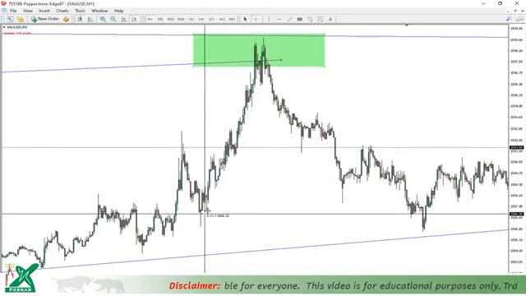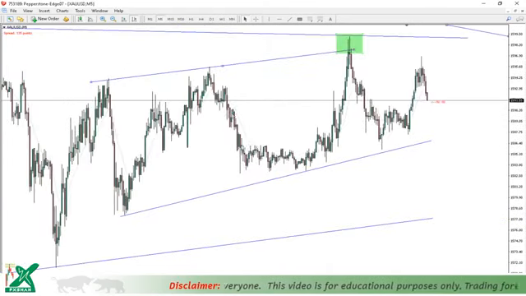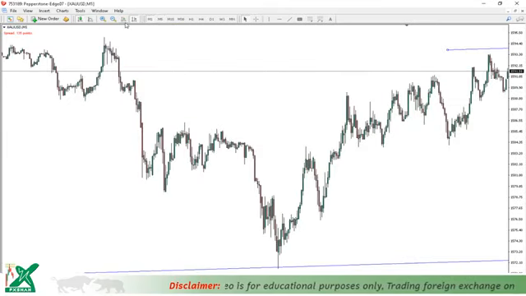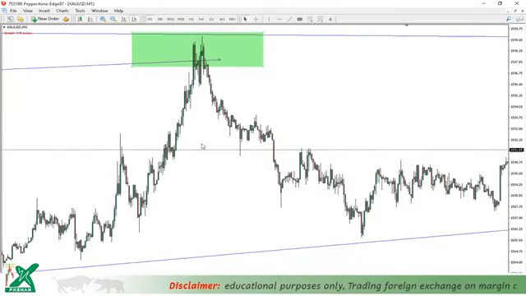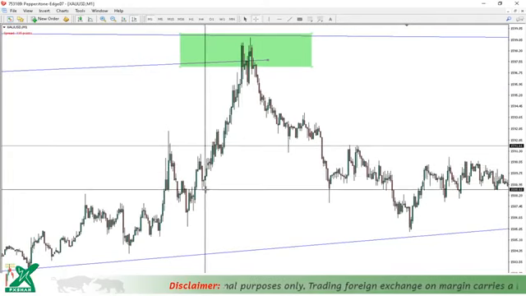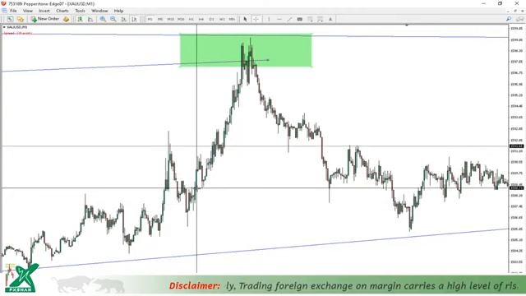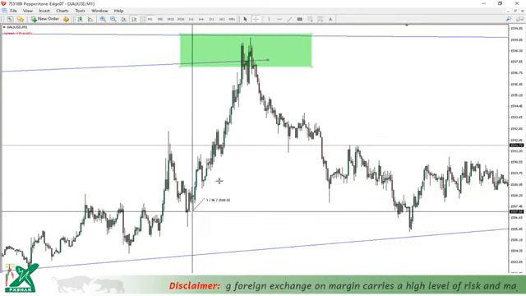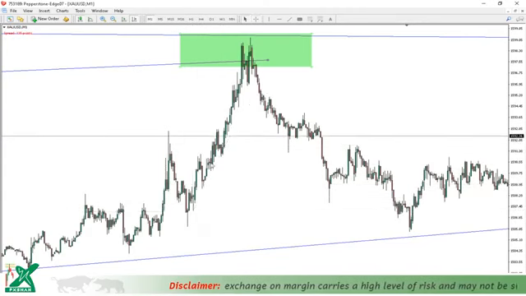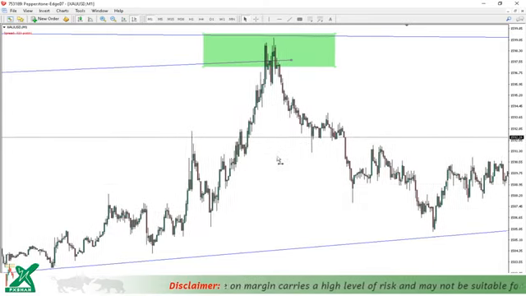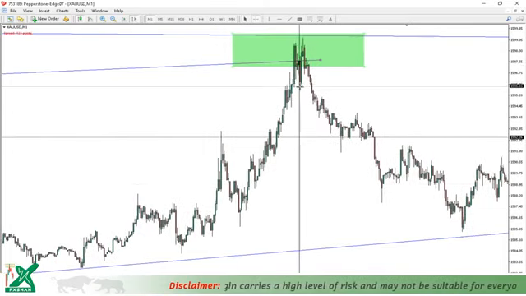If you look here, this move in 5 minutes looks like an impulse. But when we go to the 1 minute chart, you can get an idea that this move was not an impulse. If you look here, this was not an impulse move. It was just simply a corrective structure moving in the upper channel. And when the price reaches this area,